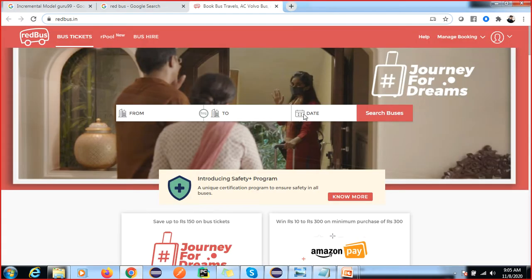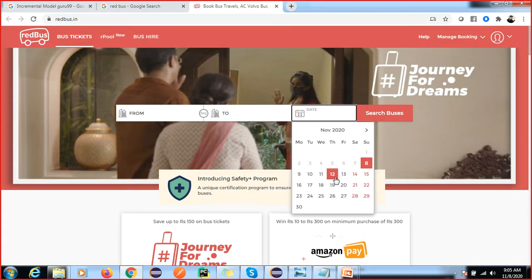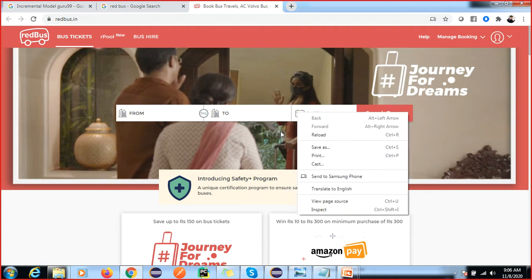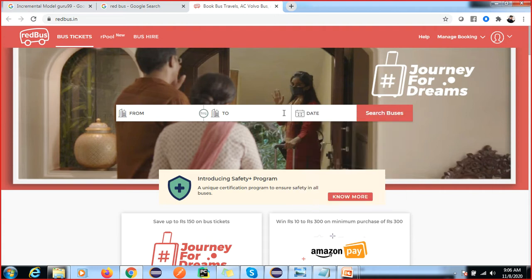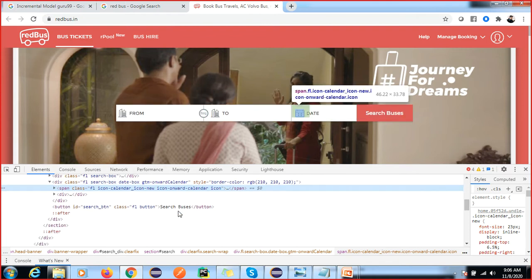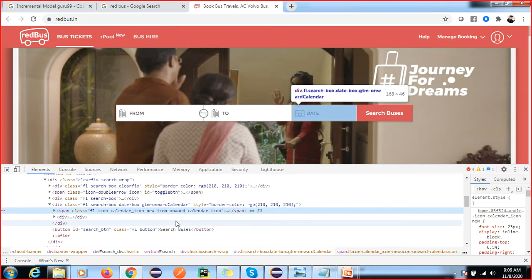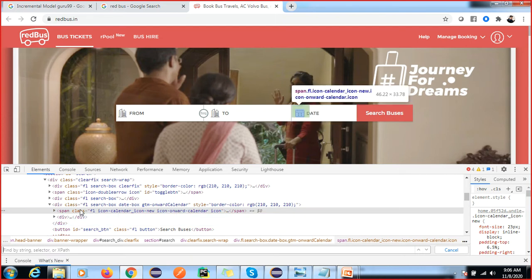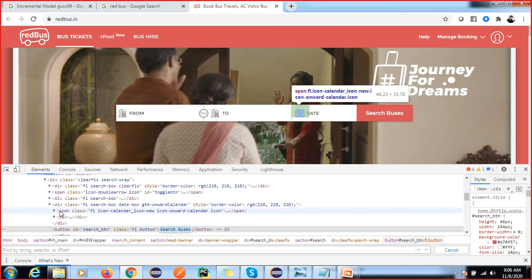First step, you have to click here, then this date will come and you have to select 10 or any value. So here I will click on this, and first you have to click, then you have to find this element. Step one, you click on this and find this element. But we can see here we cannot directly get a class value, or it is a little bit complicated. So we will find this element and we will reach here.